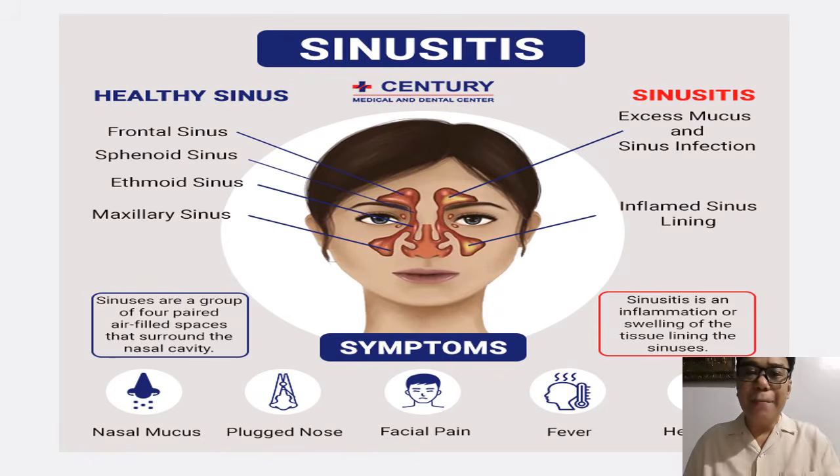Another possible surgery depends upon the area of the sinus that needs to be removed. So of course, if that is the ethmoid sinus, it is called ethmoidectomy. If that is the sphenoid sinus, it could be called sphenoidectomy. And sometimes for the frontal sinus, we call the surgery flap surgery. Flap as in F-L-A-P surgery.